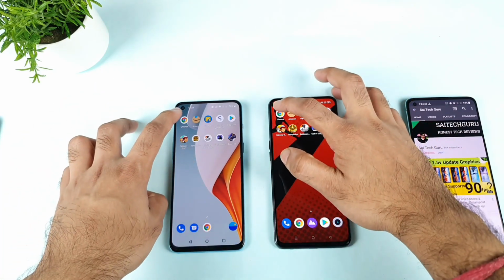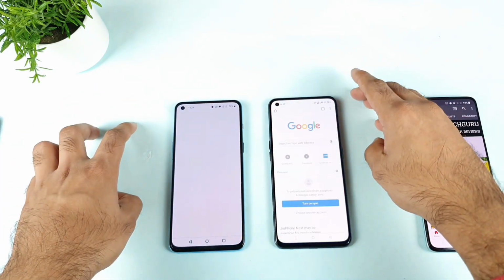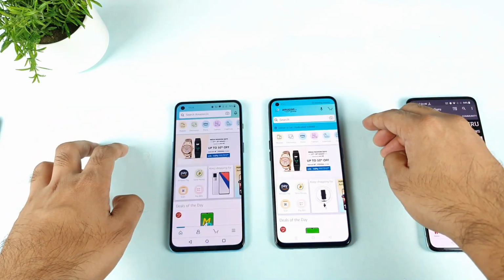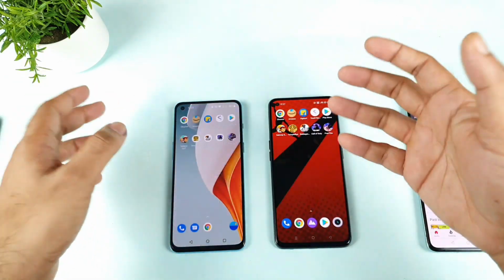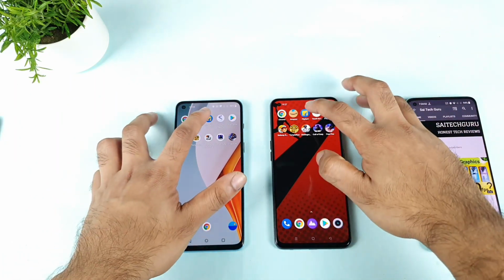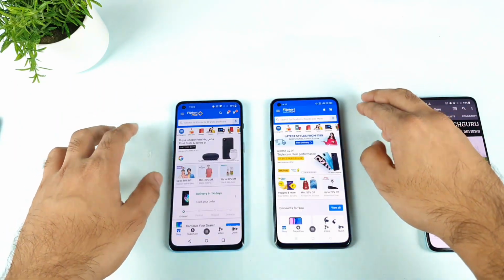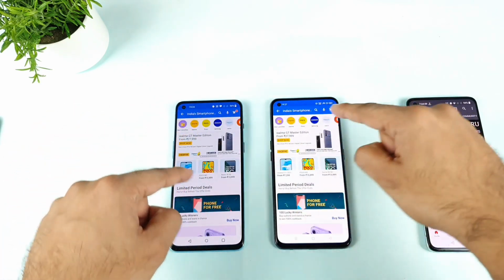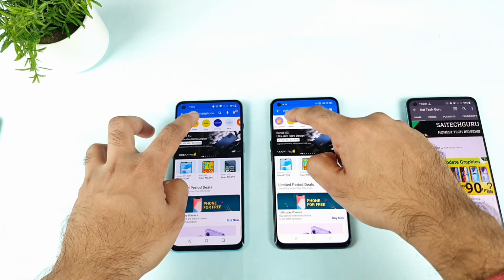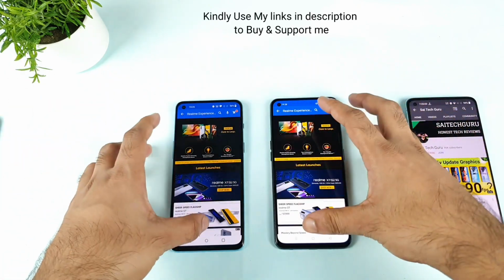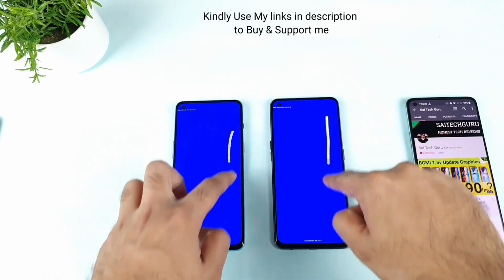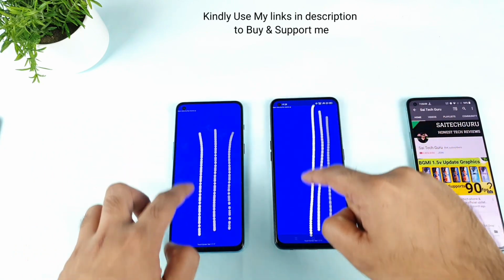So first let me try to open the Google Chrome application. First, the Realme X1 Max did open Google Chrome. Amazon, both are kind of the same, I would say, regarding the Amazon application. Next is Flipkart. Not bad, both phones did the same kind of job. I did keep these phones in the background, and let me keep the Realme in the background as well. And next is the touch sampling rate application. Here I'll try to draw some lines.